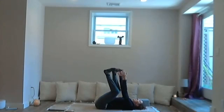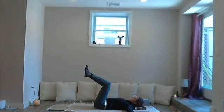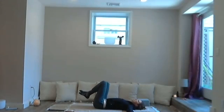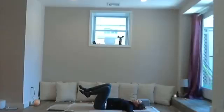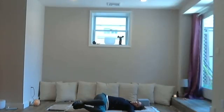And then exhale, bend those knees. Bring the hands to the floor out like a T. Ankles in line with knees. Maybe the ankles are down towards the glutes, but we'll drop those knees over to the left. You can extend the legs long for your twist, or you can keep them bent. And again,